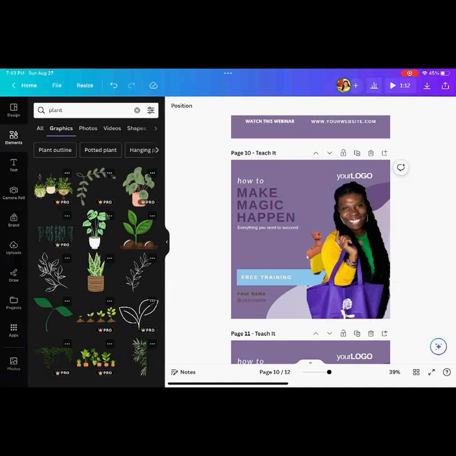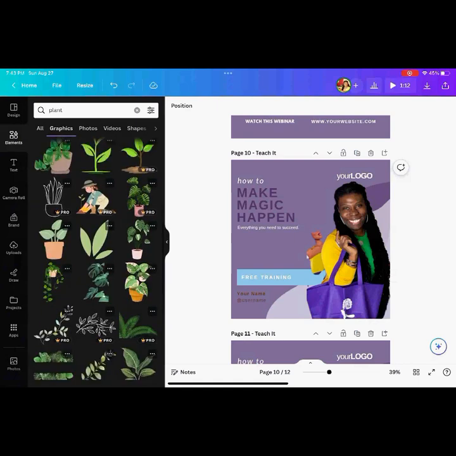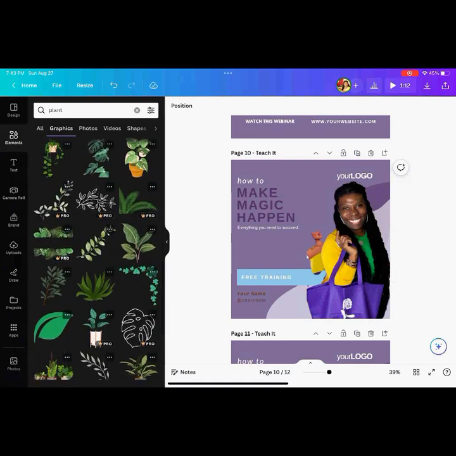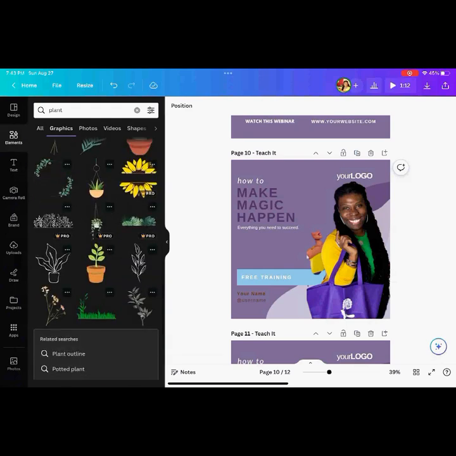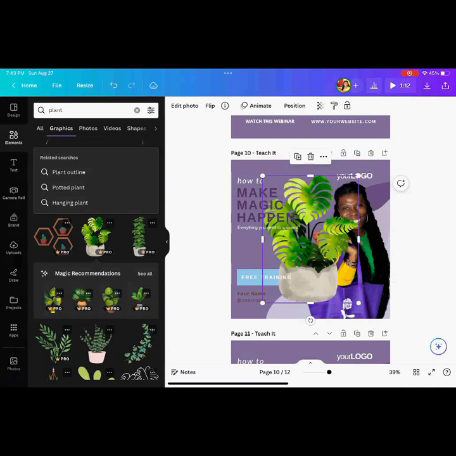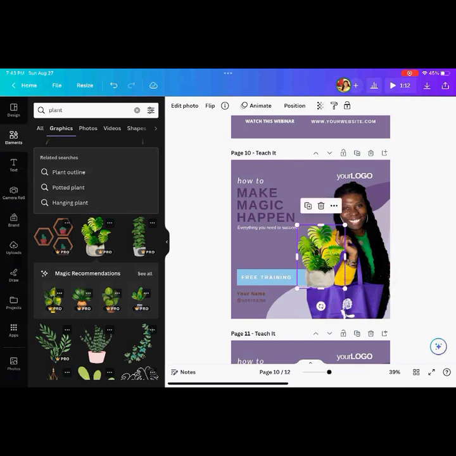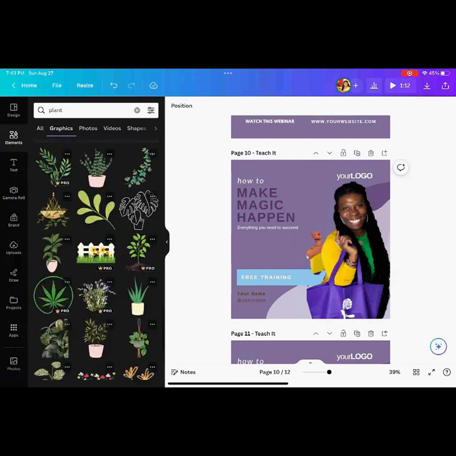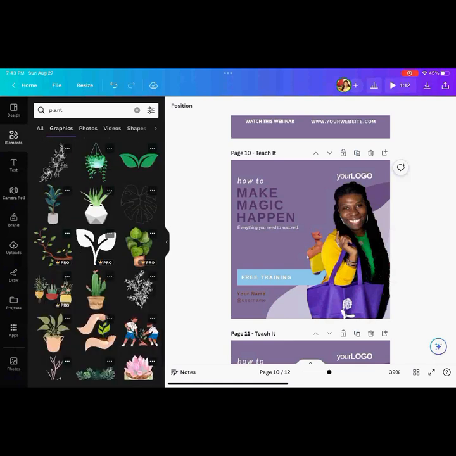And then it'll show me all of these little plant images, right? So without going too crazy, I might find something that's simple, not maybe too distracting. I don't know what something like that would look like. Maybe something like this. That one's not too bad, but I might find something else. Something that is not terribly distracting. I kind of like this one.